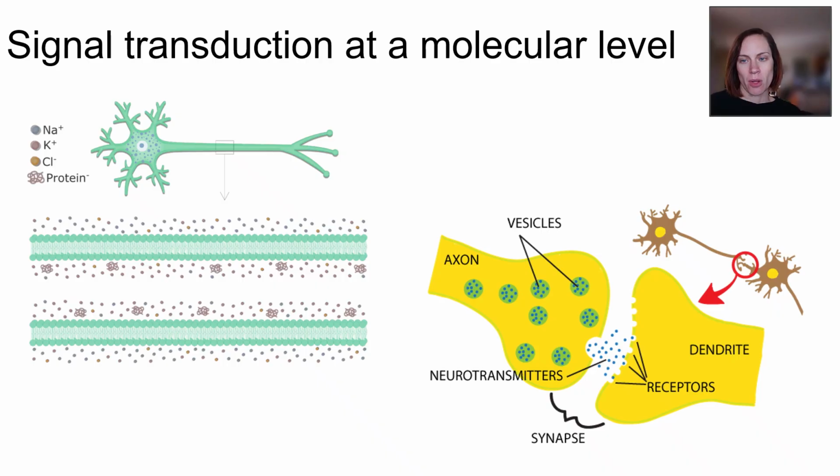Now the nerve impulse travels along the surface of the cell membrane. So this is just a cell like any other cell, and it has this biolipid layer on the outside. This is one side, this is the other. Remember, this is a 3D structure. And then it uses chemical messengers to bridge the gap between one neuron and the next. They aren't touching. There is this tiny little space in here, and they have to bridge that gap using a